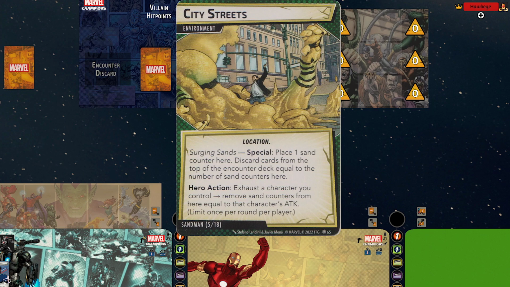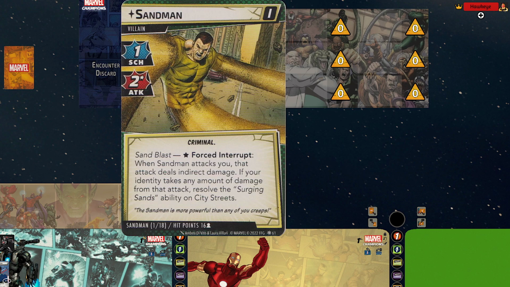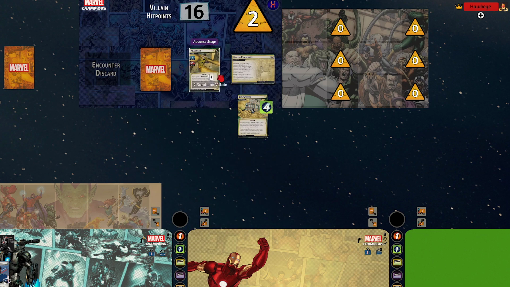So City Streets is an environment card with the Surging Sands ability. Special, place 1 sand counter here. Discard cards from the top of the encounter deck equal to the number of sand counters here. Exhaust a character you control to remove sand counters equal to their printed attack. So hopefully with Tough, we can avoid taking that damage, even though it's indirect damage, you just soak it all